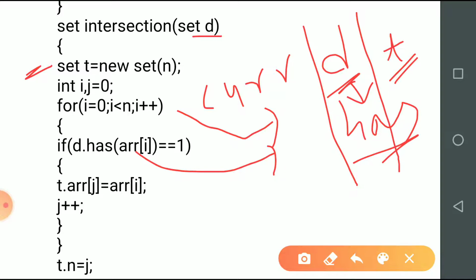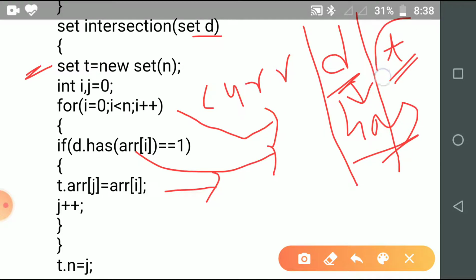If it returns 1, then this element of the current object is common in the object D also. This element is common to both arrays. It means we will store ARR[i] into the array of object T. Alright.